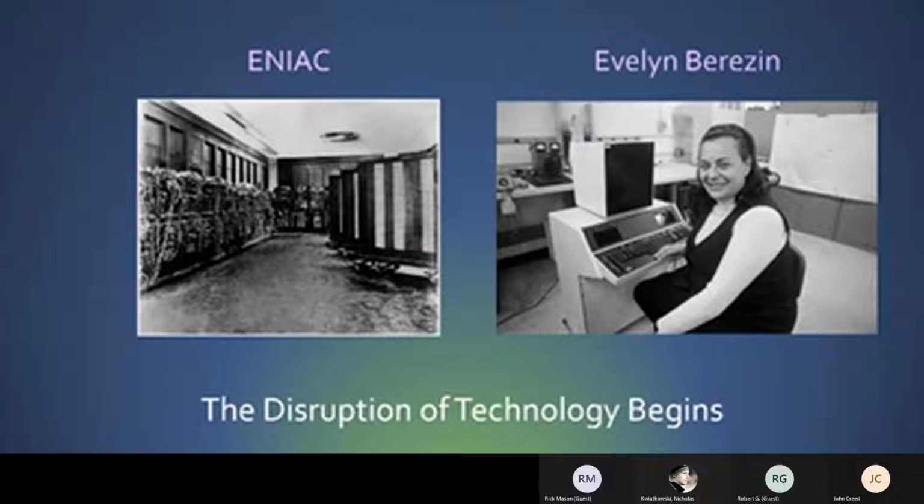As her career advanced, in 1957 she went to work for the Underwood Corporation. Can you put in the chat if you know what the Underwood Corporation was known for? Typewriters. Yes, typewriters. In fact, I learned to type on an Underwood typewriter, so that's the biggest reason I happen to know. As Evelyn's career advanced,